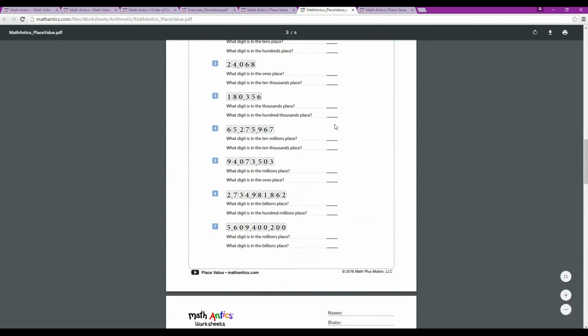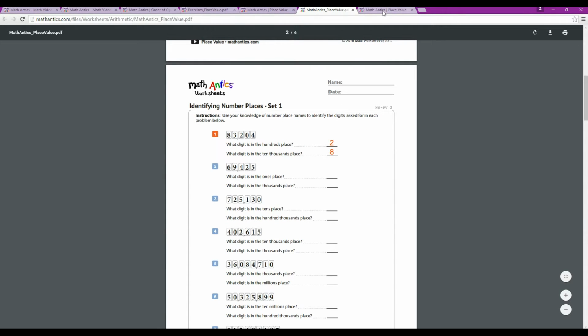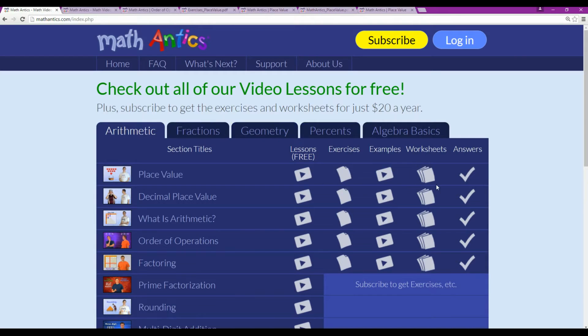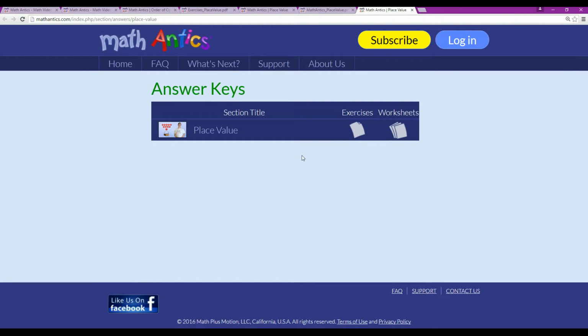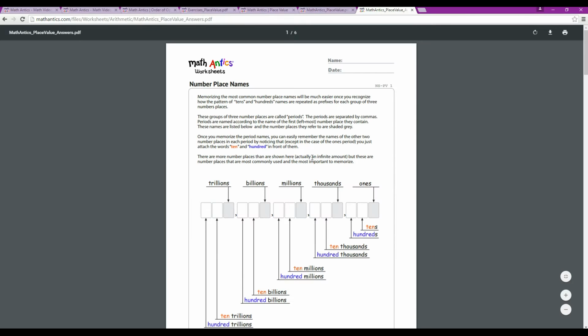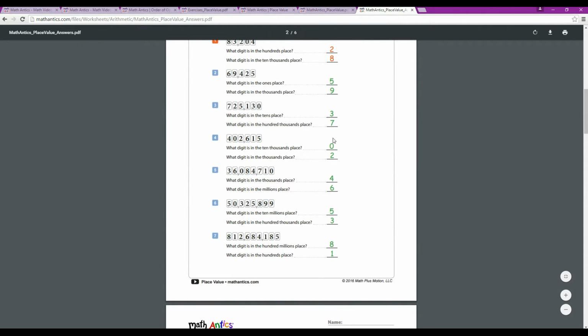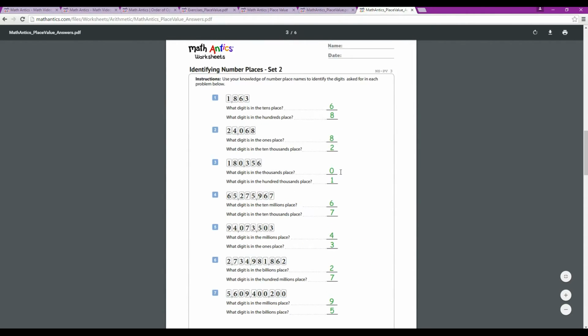After the kids are done with the worksheets, you can go back and click on the answers check mark. That will take you to this page, which gives you the answer keys for both the exercises and the worksheets, which you can also print out in a PDF form and these will give you all the answers to the questions